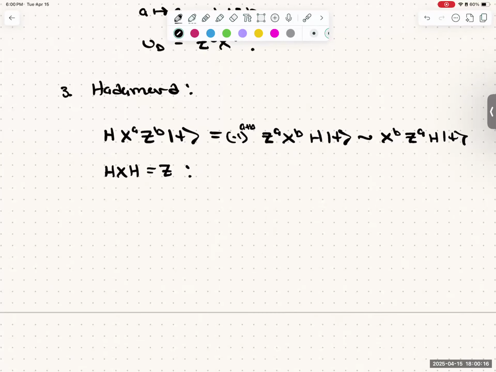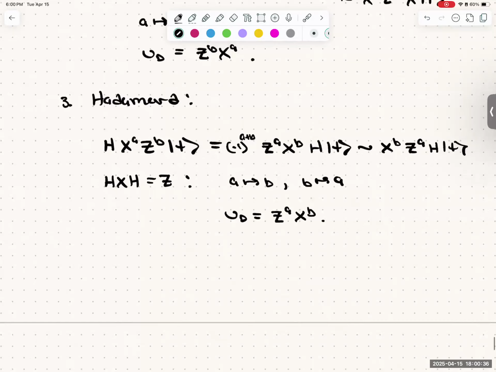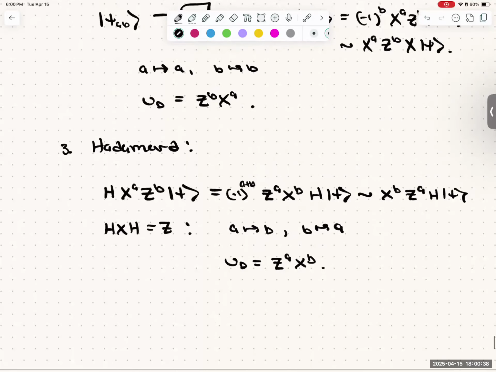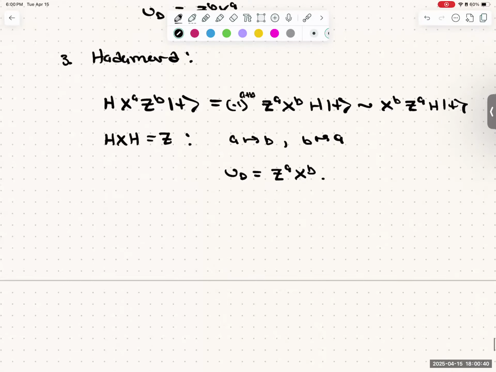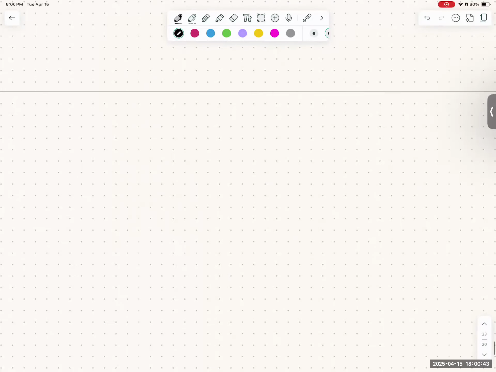And so here we have the map. We keep track of, sorry, just the opposite. A goes to B, B goes to A, and the decoder, or this decryption unitary, is going to be precisely Z_A X_B. So more or less, this is the sort of pattern. I will maybe, for a couple of these, maybe not be so precise.